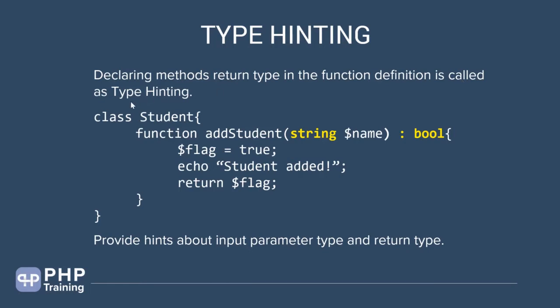This is the concept of how you write clean code and improve your code with type hinting. Whenever you are writing functions in OOP, try to remember type hinting. Always hint what the data type is, so that when you return to it in the future, or someone else is enhancing your program as a library, it is easy for them to understand what the function is about and what data types are used. The main purpose of type hinting is to provide hints about the input parameter type and return type.